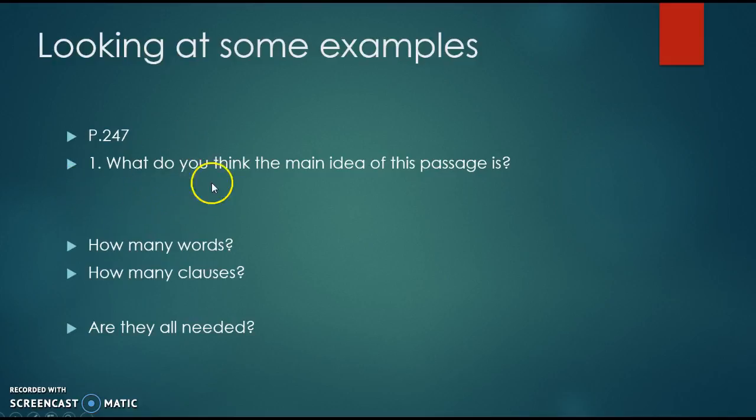One, it adds an extra clause and extra words that are just more for the student to process, especially ESL students. You're asking them to process an embedded clause, which is harder. And secondly, it gives the idea that you can talk about your own opinion. Oftentimes we say this when we want people to just share their own opinion. And that's not really what you want to assess here. You want them to read the passage and say what the author's point is, not your own. So something to think about there.